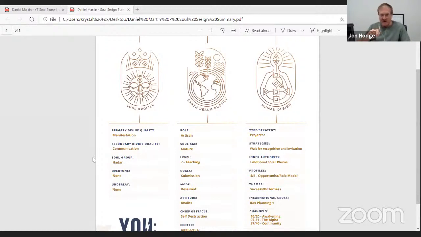His secondary quality is communication, which is a command of the verbal, written language, and even has to do with creating, because the spoken word is actually in the thought. The word in the thought is what goes out into the quantum field and collapses the quantum field into creation. So he has that side of things mastered. Daniel, can you tell us anything about those two qualities for you? How do you feel about them?